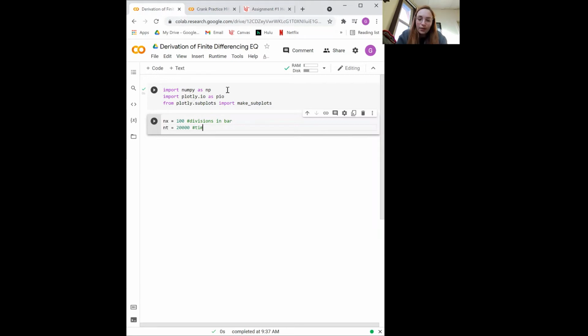This is like time intervals or dt. These could be different numbers, but we're just going to roll with these for right now. We have R equal to 0.1, and that's the heat diffusivity constant times the time,